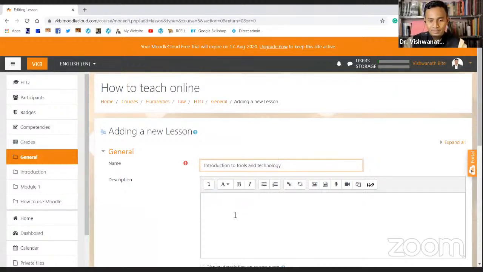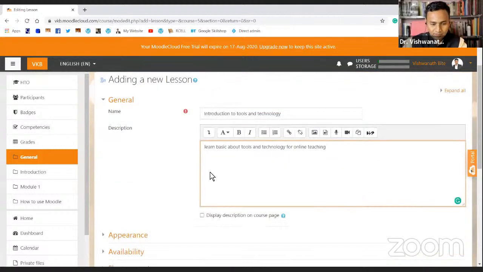So first is introduction, and introduction to tools and technology is the first lesson. So I'll give some description about it. I'm just giving an example, that's why I'm not going to go into details. I'll just say: learn basics about tools and technology for online teaching. Okay, so that's just a quick description.